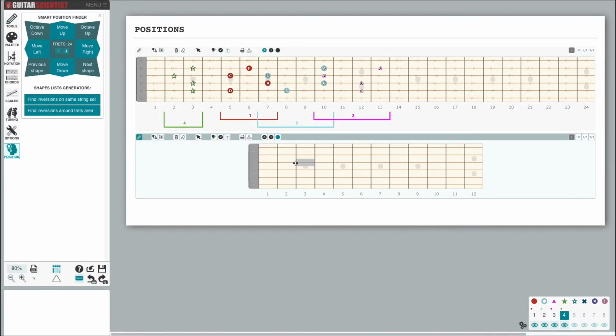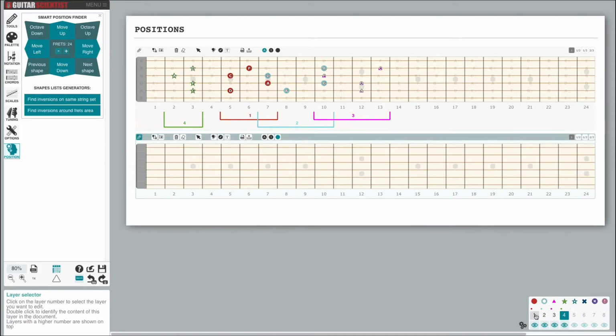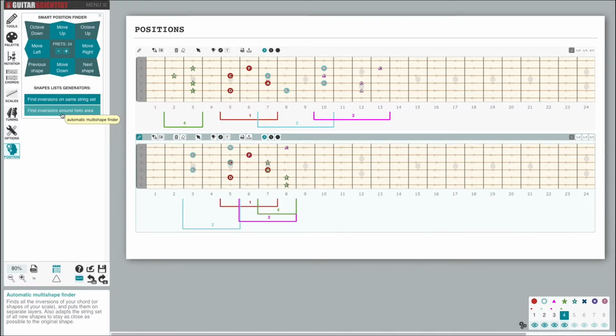Now I will repeat the process on another fretboard using the other option, a round frets area, that stays as close as possible to the original section of the neck. The application will do a very similar job, but will move the chords as close as possible to each other, while keeping the exact same notes and voicing as the other option. It just changes the string set.